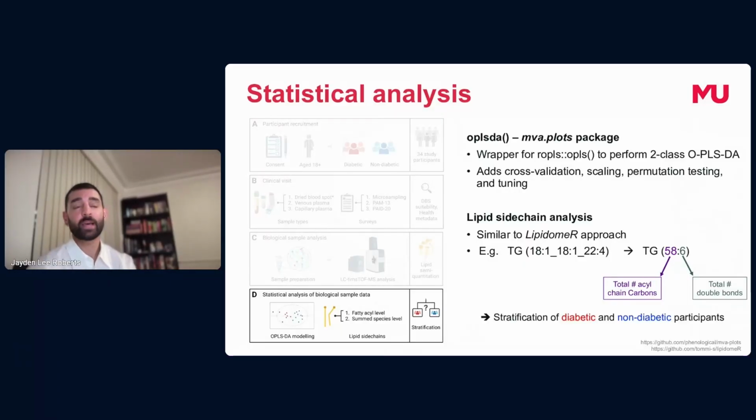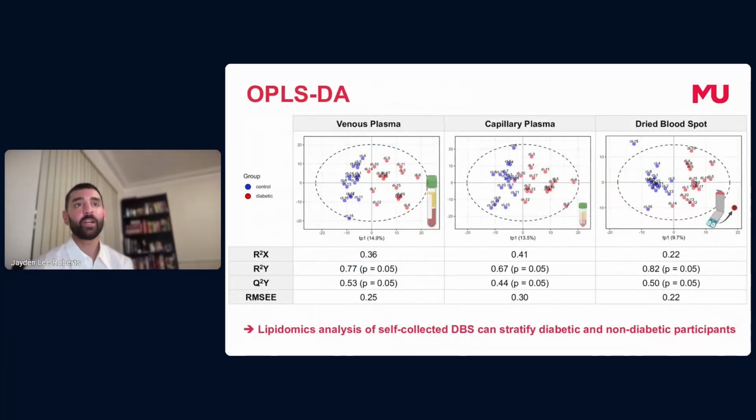And I also examined lipid side chains in a similar approach to LipidomeR, looking at 2 levels, specifically the fatty acyl level and the summed species lipid level, in order to stratify participants to see if there were differences in the lipid profile. So getting into some of the data, quite nicely, all biofluids yielded statistically robust OPLS-DA models